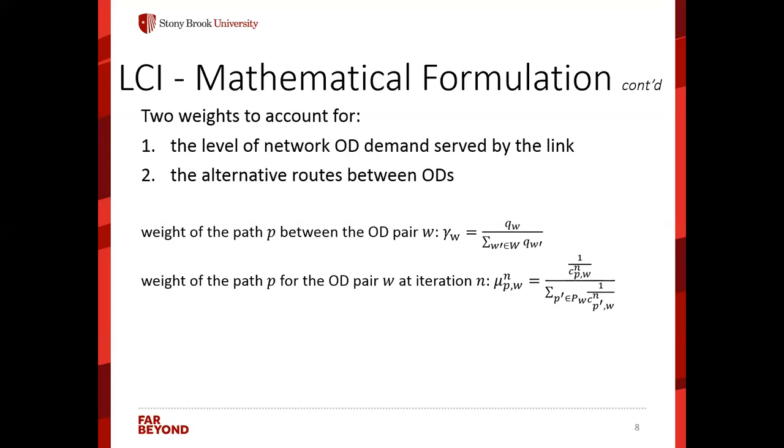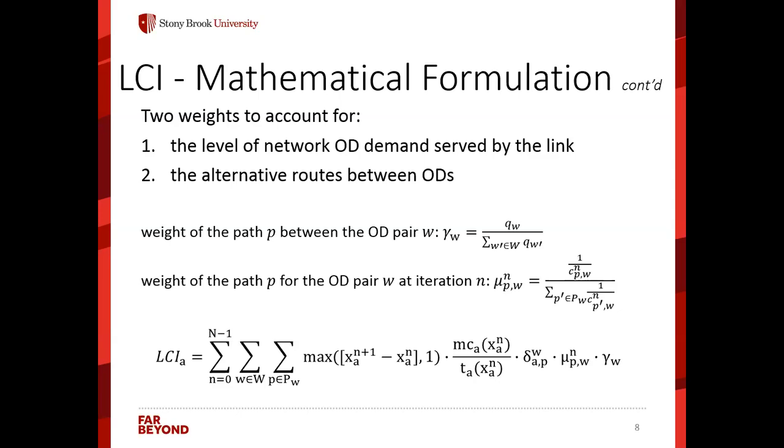But if one route is 10 minutes and the other one is 1 minute, then the likelihood that the alternative route will be utilized is a lot lower. So they shouldn't be treated the same way as two routes of 10 and 11 minutes. So you differentiate this with a large difference between the travel times, we introduce this metric, and it assigns a weight based on the path travel time. So basically, if a route takes far too long than the other, then it's assigned a very low weight.